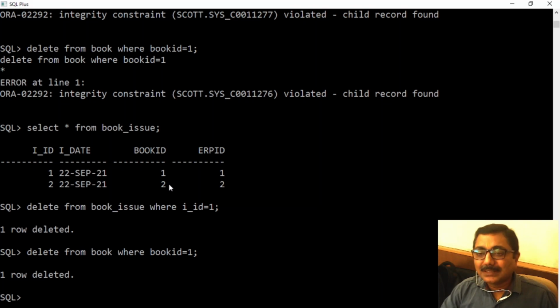Similarly, if you want to delete a record from the master table, first of all, you need to delete the corresponding child record from the detail table or child table. Only then will you be able to delete the master record. Clear? So I hope you will be able to understand the relationship between child and master tables, or you can say child record and master record.